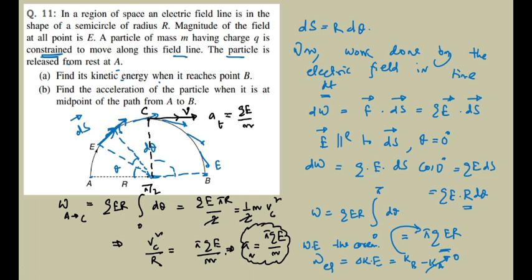So at this particular point, particle has two accelerations, that is tangential and normal. So what is total acceleration? These two accelerations are perpendicular to each other. This is tangential and this is normal. So A total will be equal to root under of AT square plus AN square. I will leave the calculation up to you. Try on your own. Definitely you will get the answer. Right? So this is a very good question.